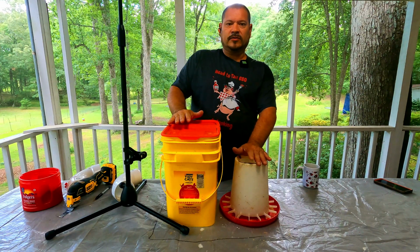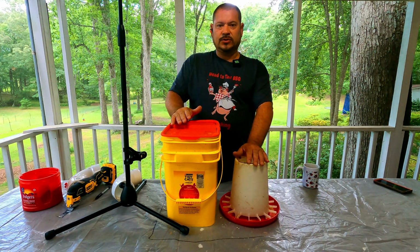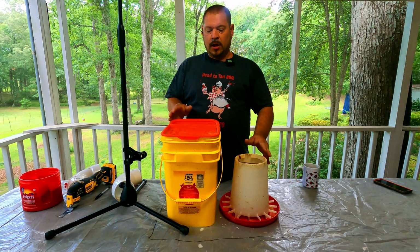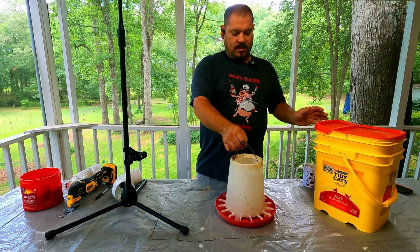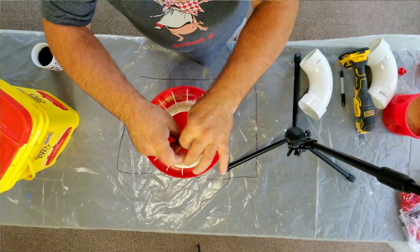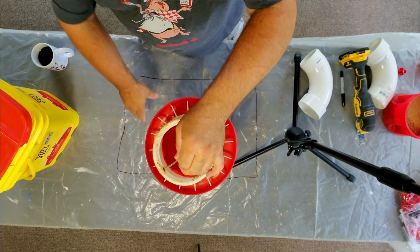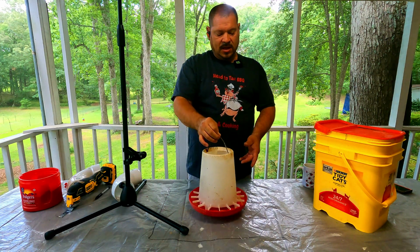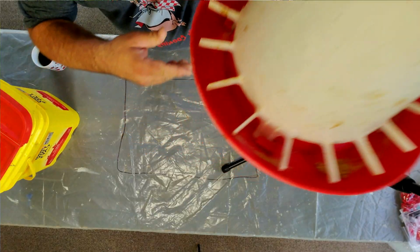Alright, this is going to be another video for you guys where I'm going to start doing DIYs, do-it-yourself videos. This right here is going to be the chicken feeder. Right now, I have this, and you can hang this or just leave it on the ground. If you hang it up, they usually clean up after themselves a little better. But hanging this up and being heavy, these plastic pieces inside here,